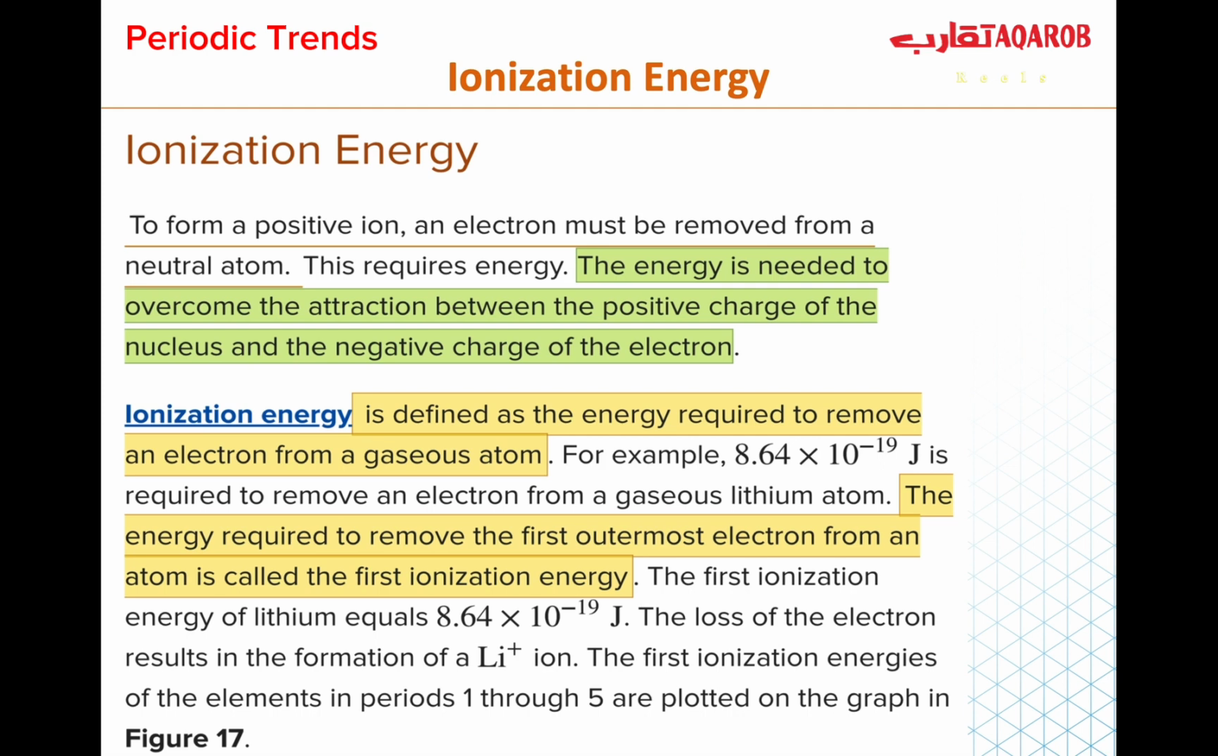So what do we mean by ionization energy? It is defined as the energy required to remove an electron from a gaseous atom. Okay, so to form a positive ion we have to remove one electron, for example, from the neutral atom. So we need energy to overcome the attraction force between the positive charge of the nucleus and the negative charge of the electrons. This energy is defined as the ionization energy, which is the energy required to remove an electron from a gaseous atom. For example,